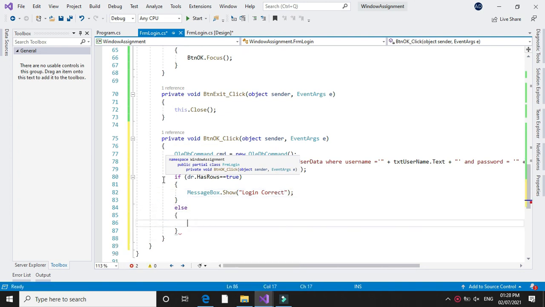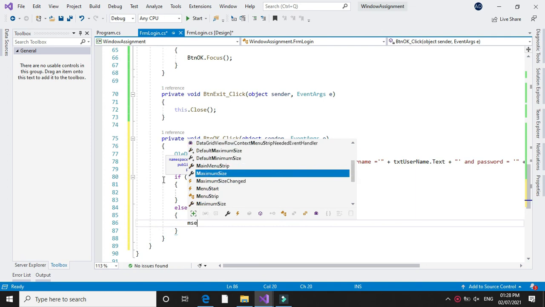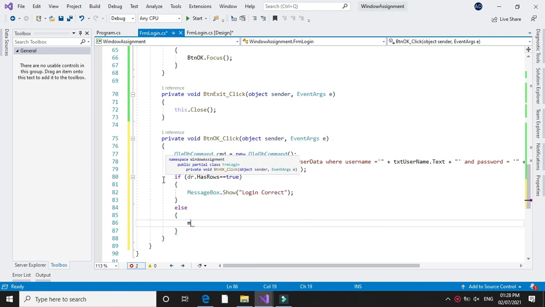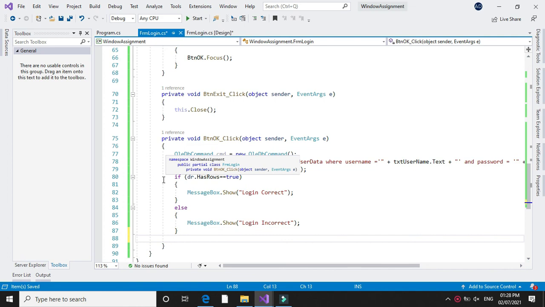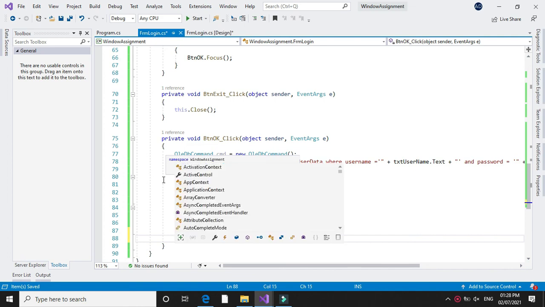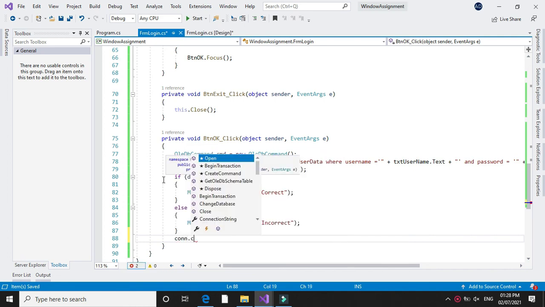Else we will give the message login incorrect. And after this we will close the connection.